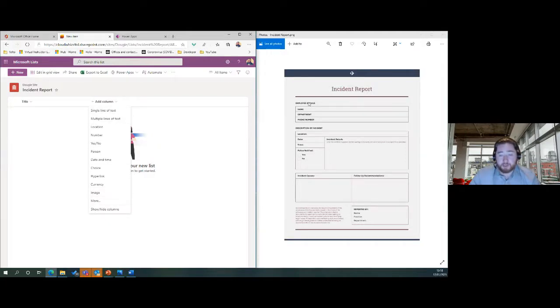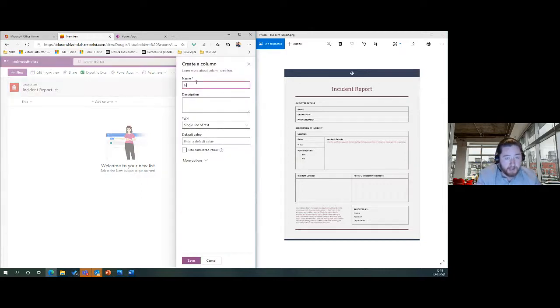So what I'm going to do now is start working through some of these fields and creating some of these different fields as columns inside of here. So the first one is name. I'm going to click on single line of text, and this is just going to be a name. Okay. We can give it a description, so if we want to say this is the full name of the person,